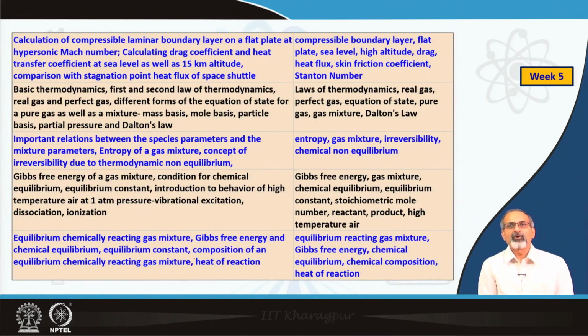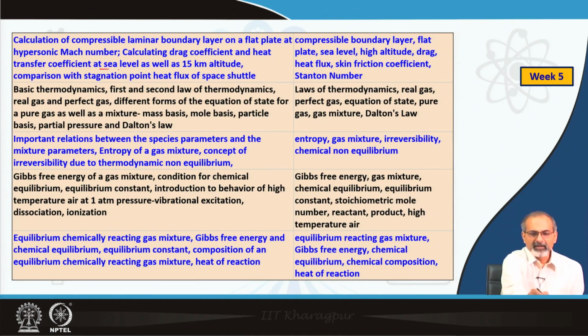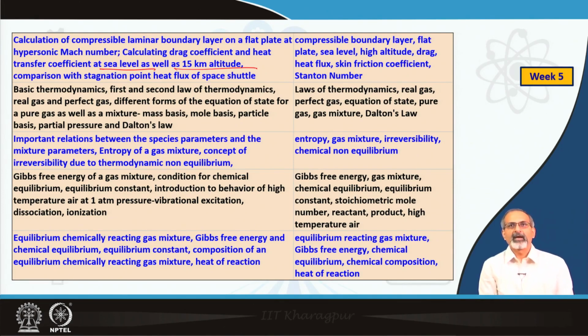With that, we moved on to week number 5, where we begin by calculation of compressible laminar boundary layer on a flat plate at hypersonic Mach number, both at sea level as well as 15-kilometer altitude conditions, and we tried to compare the outcomes. We looked at drag, the heat flux, skin friction coefficient, Stanton number, some of the things which are of practical relevance, and then